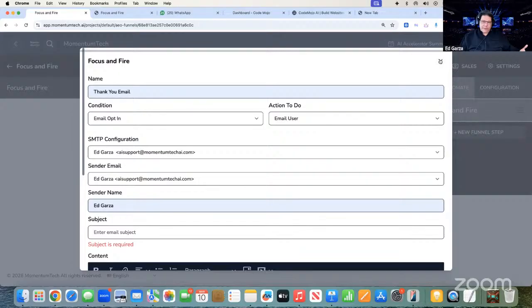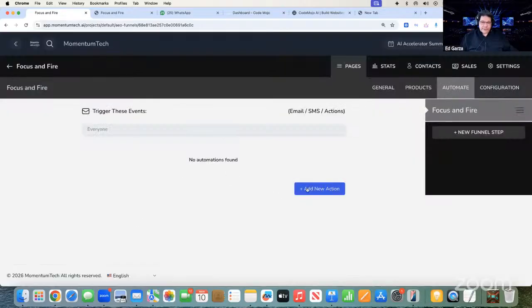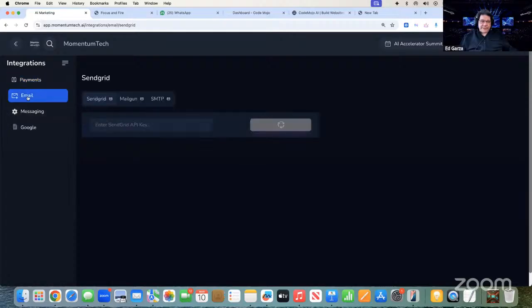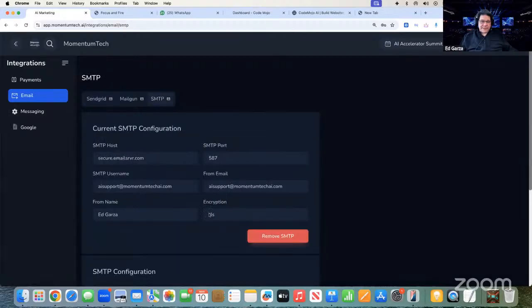This is for warm emails, people that are opted in, right? Or using our platform. So you can set up all kinds of automated emails. So you set up one, you can set up another one, another one. Cool? Understand? That's on this funnel. Now, how do you set up integrations for SMS? Well, here's email, and I got my email here. Okay, and I set up the SMTP here.